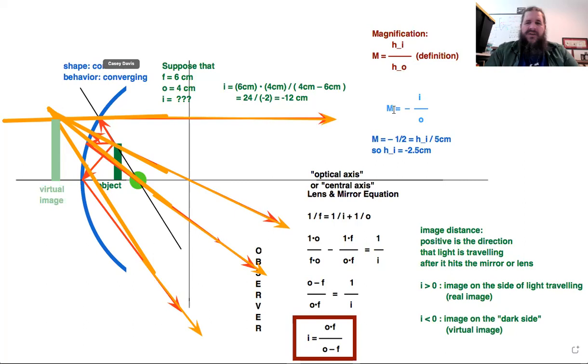All right, so get some more practice with that. Develop as much intuition as you can. Ideally, you want to get to a point where you can just look at a situation and get a general idea just from looking at it. Oh yeah, that's going to make a virtual image. Or, oh yeah, that's going to make an image that's smaller or larger than the object or whatever. So get some practice with that